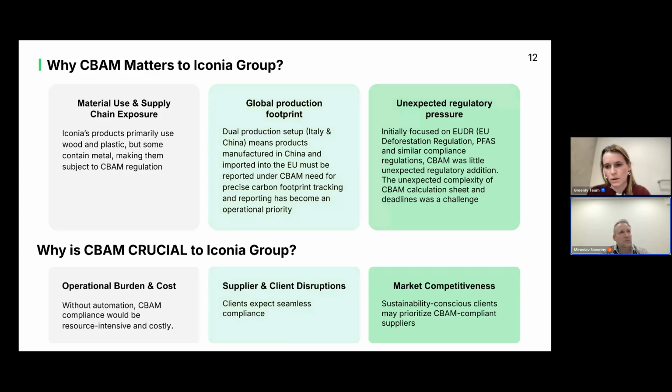And we were also meeting our clients, who didn't have a lot more insight than we did. So it's even more important for our clients that they can rely on us, that they will get the correct data from us and can actually import the goods to the EU market. So at the end, if you really prepare everything when you set up, it gives you some kind of market advantage, because the clients know, okay, we can rely on Iconia, we can ask them for guidance, we can ask them for help. It is actually a big bonus.